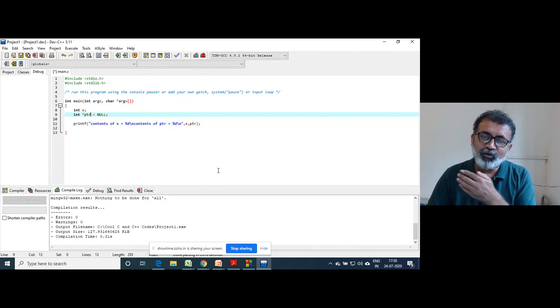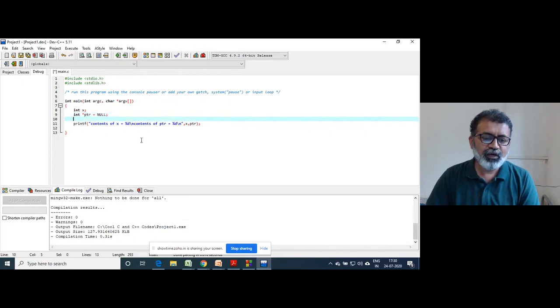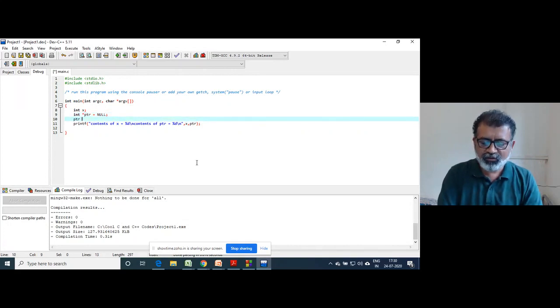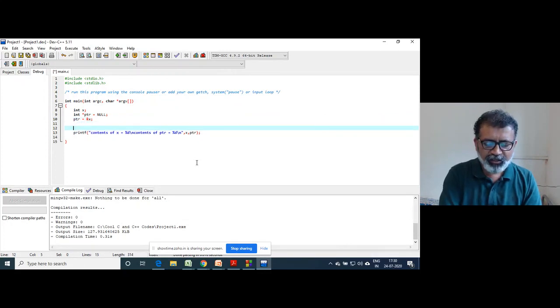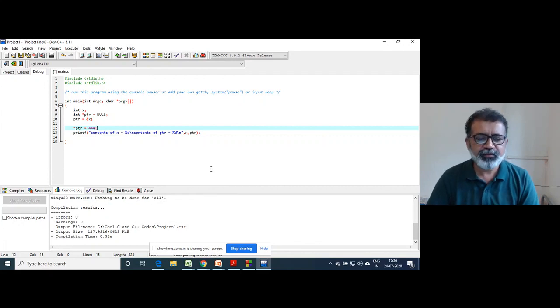Null doesn't mean pointing to zeroth memory location. Null means pointing nowhere, right? So now PTR is equal to whatever you want to write, ampersand x, y, whatever, right? And then you can write star PTR is equal to whatever, no problem, right?